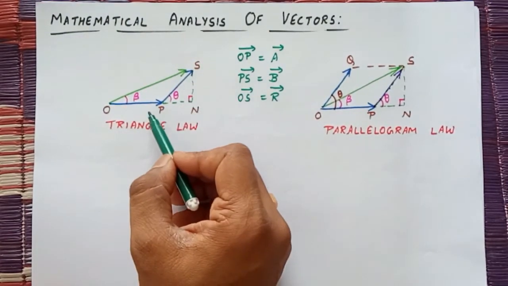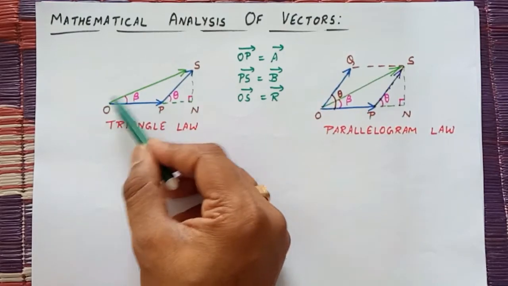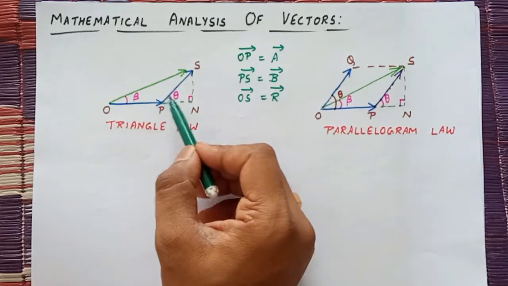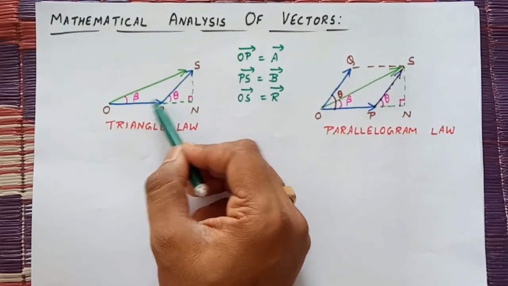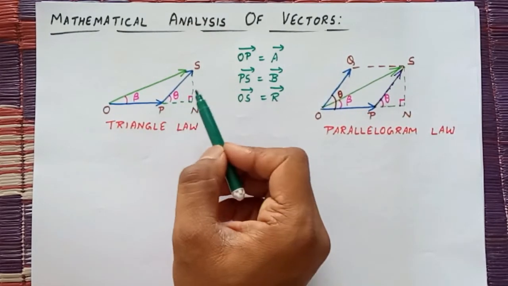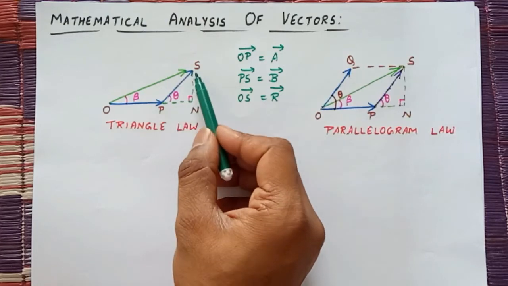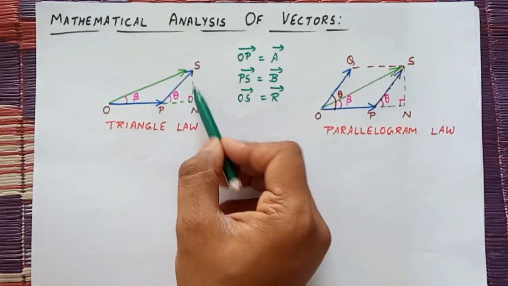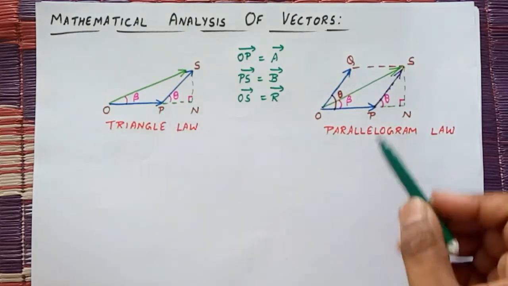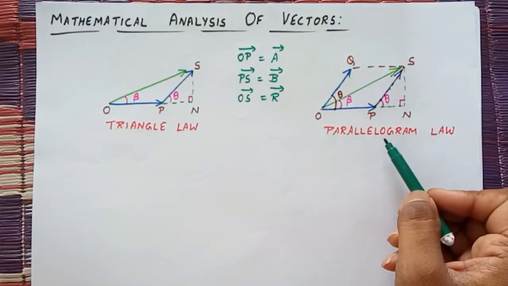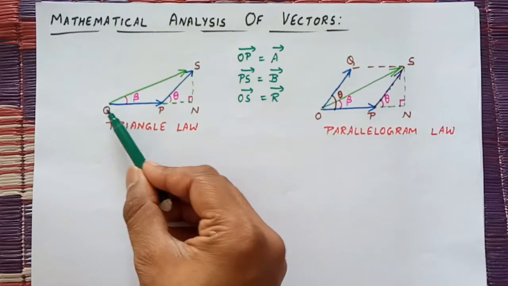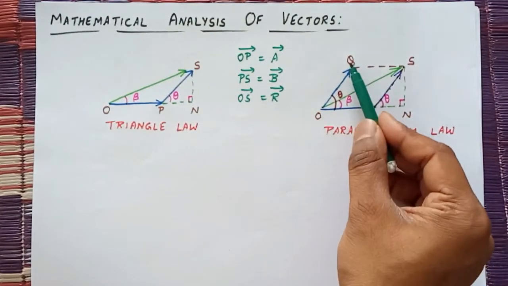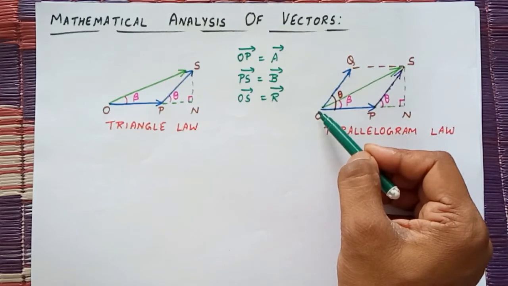Here the angle between the resultant vector and A vector is angle beta, and the angle between both of the two vectors is theta. I have drawn a perpendicular SN on the extended side PN. So SN is perpendicular to PN. Similarly, by using the parallelogram law, again there are the same OP vector and PS vector. These are the OP vector and this one is OQ vector, which is also equal to the B vector.